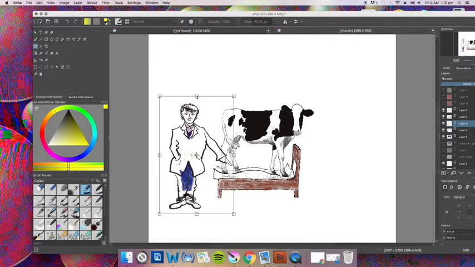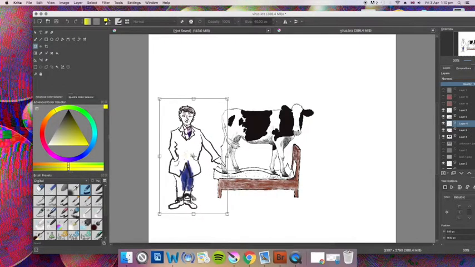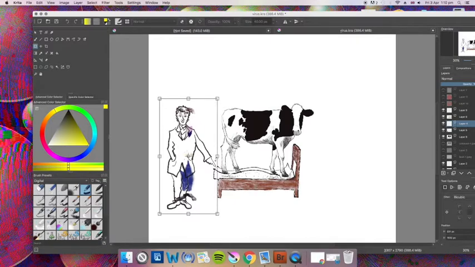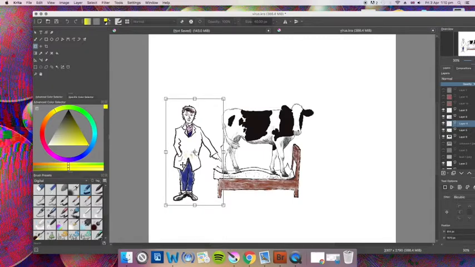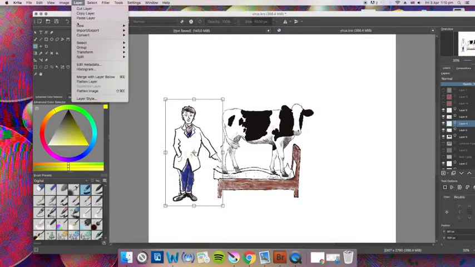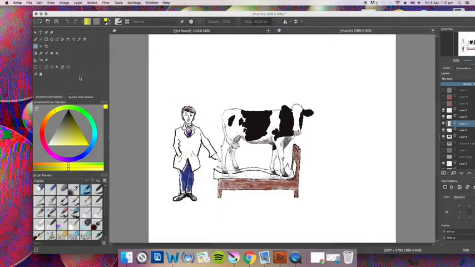Obviously it's on a different layer than the colour, so my next job now is to bring it down, and then I'll make sure that the colour layer is below the line layer. So the line drawing is there, and the colour layer has to be below it. So I'm just going to make sure that's where it is. If I go over there just to make sure, there we go. And now I'll move up to the layer tab at the top there, scroll down, and it says merge with layer below. So now those two layers are merged,